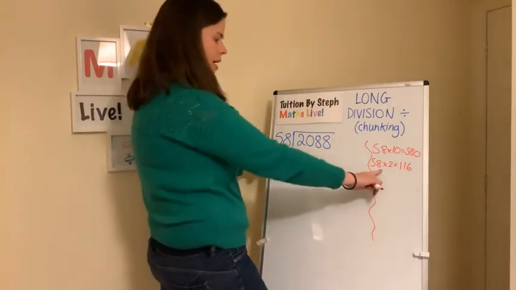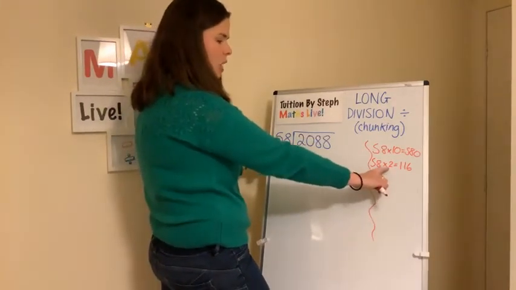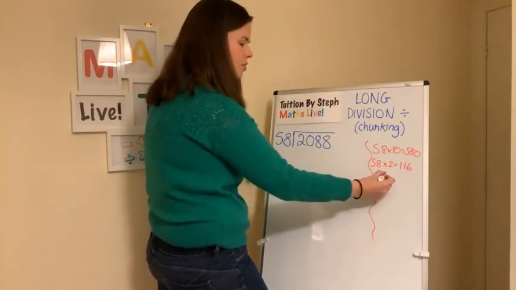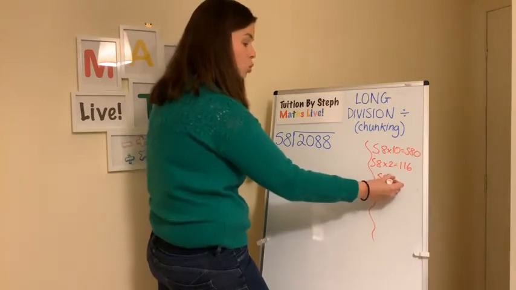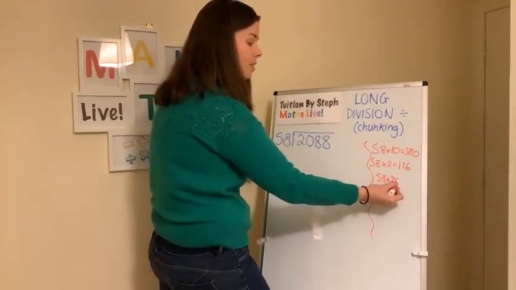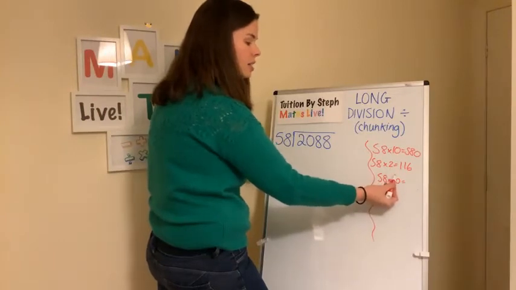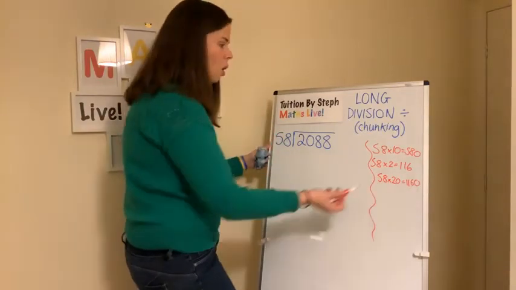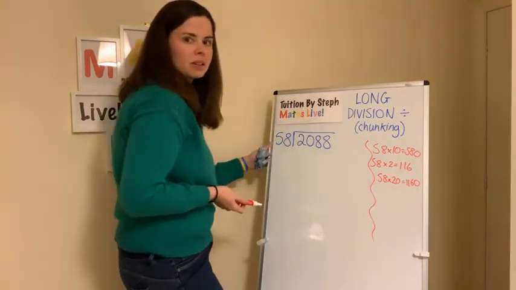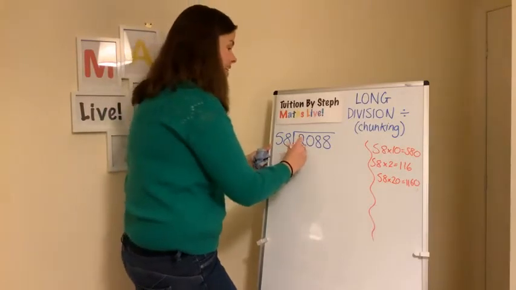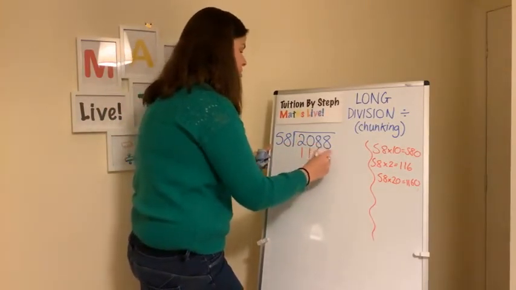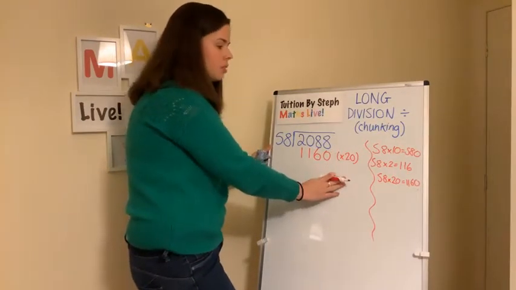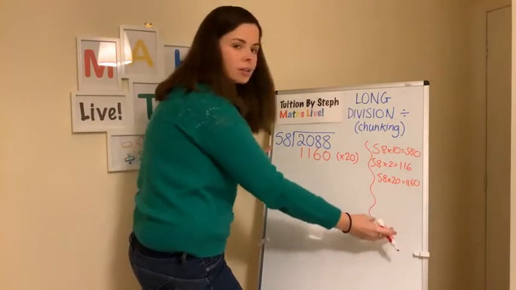I've just noticed that if 58 times 2 is 116, then if I do 58 times 20 and I add a 0 there, I add a 0 to my answer. Isn't that a nice big number to start with? So I can subtract 20 lots of 58. You don't have to do that. You might not have spotted that. That's okay. You can still work out different amounts.